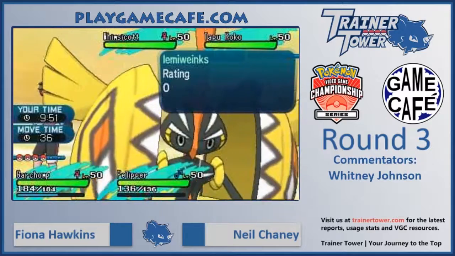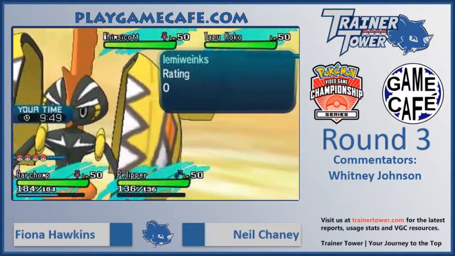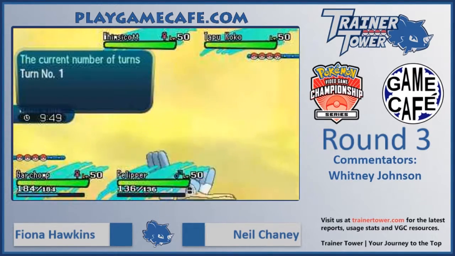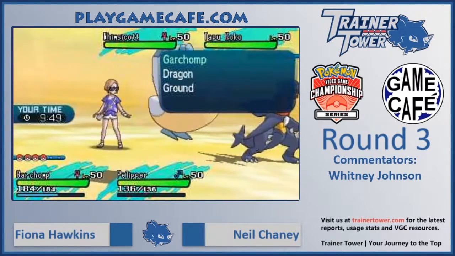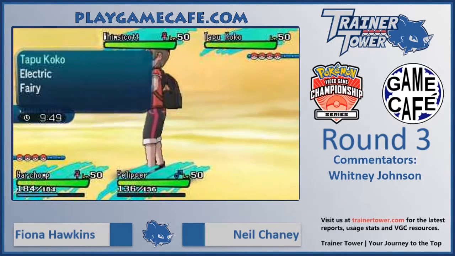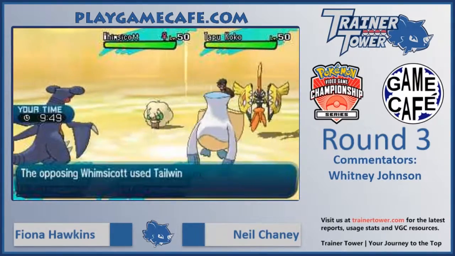So it's a little bit different here. We haven't seen this Garchomp. It could be Z Ground, in which case it'll be slower than the Tapu Koko. However, it could also be Scarf, which is a very popular item on Garchomp. And if it's a Scarf variant and it's faster than the opposing Tapu Koko, then it can pick up a KO very quickly,